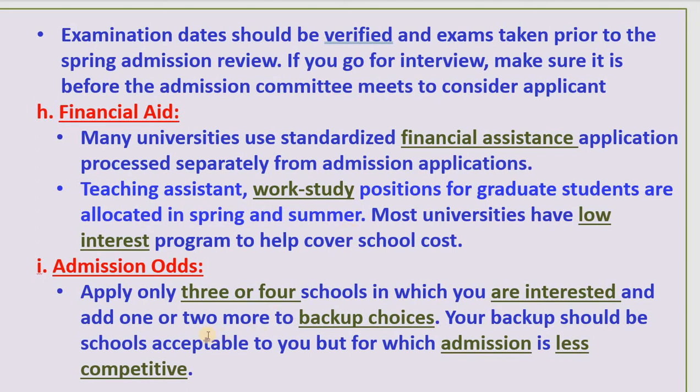Admission: apply to 3 or 4 schools. Sometimes when you apply to one school, maybe they accept, maybe they deny. So that's why the best way is to apply to more schools, 4 or 6. For example, you apply to 3 schools you like best, and 3 schools as backup that you don't really like. In case the 3 interesting schools don't accept you, maybe the other 3 will accept you. So just think about that.